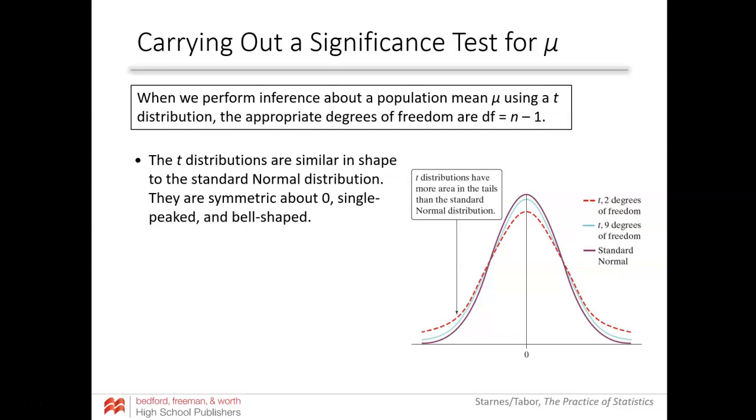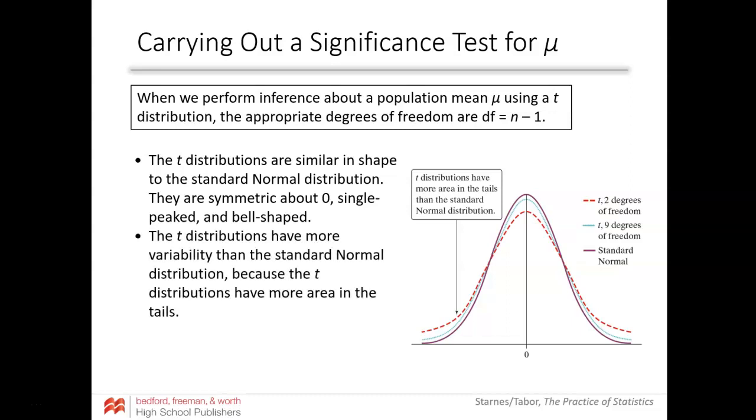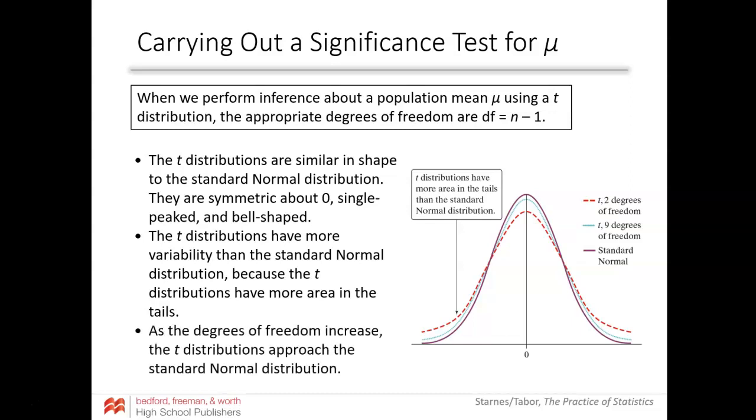So they're similar to a normal distribution, having a mean of 0 and being symmetric, single-peaked, bell-shaped. But you're going to have more area in the tails on a t distribution, especially if your degrees of freedom are lower. All right, so as the degrees of freedom increase, it becomes more and more looking like the normal